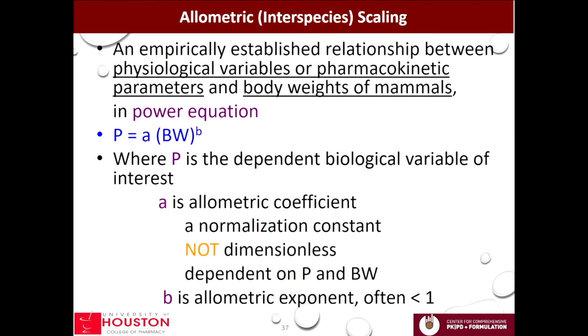Okay, the last one, allometric scaling, because often for preclinical work the FDA requires one rodent species and one non-rodent species. But often in our lab, for example, Dr. Liang's lab is capable of doing rats and mice. If you have those two sets of data, we can initiate some allometric scaling. Allometric scaling, the principle is